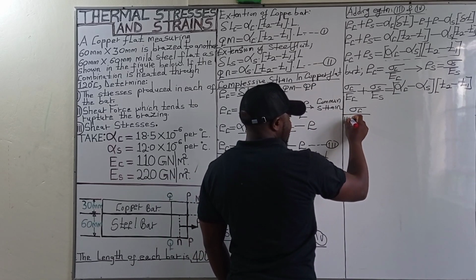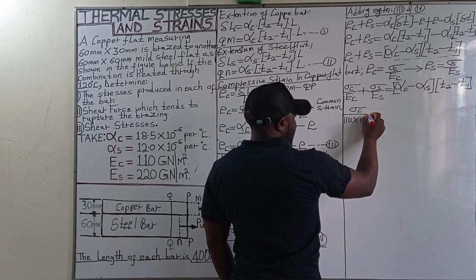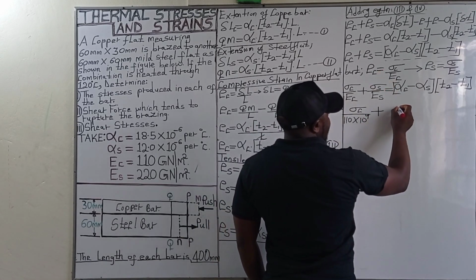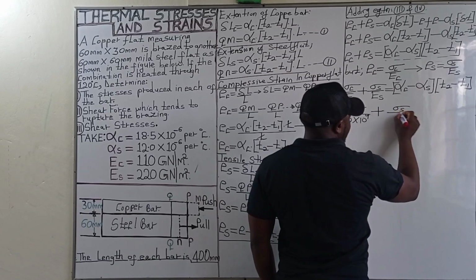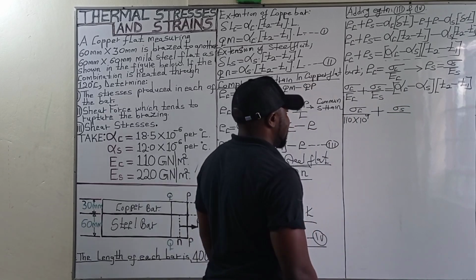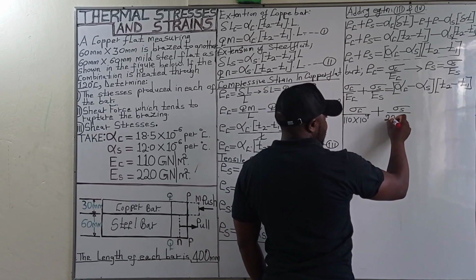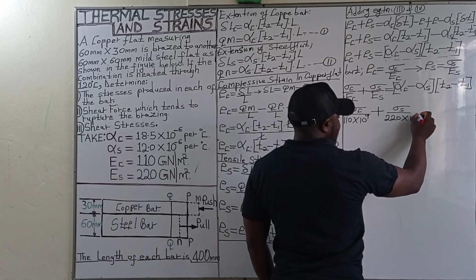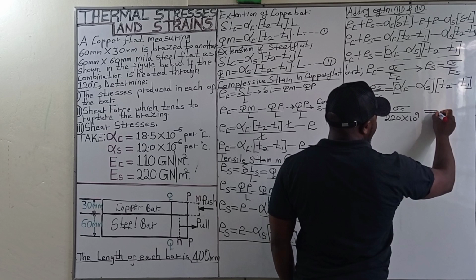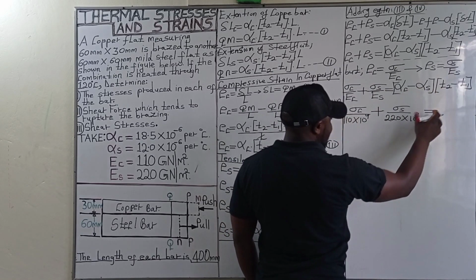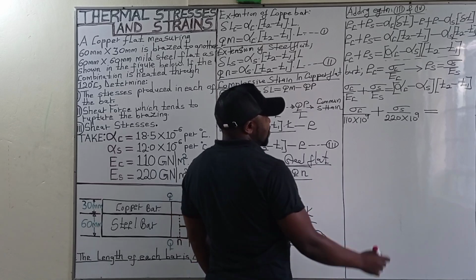So this is going to be 110 times 10 raised to the power of 9 plus stress in steel divided by the Young's modulus of elasticity of steel, 220. So this is going to be 220 times 10 raised to the power of 9 is equals to, let me write the values on the right hand side down here. So is equals to